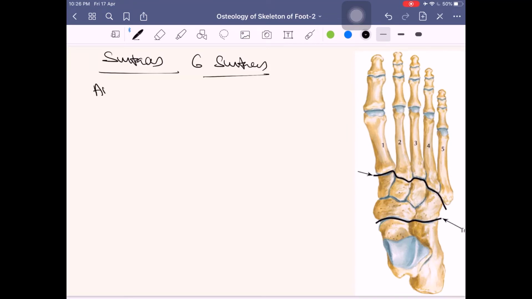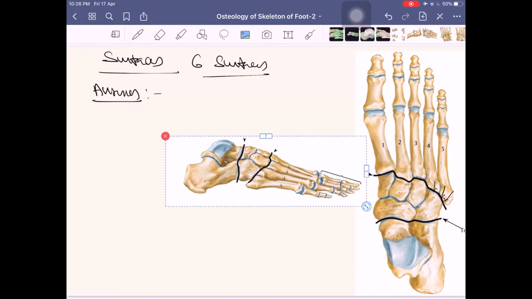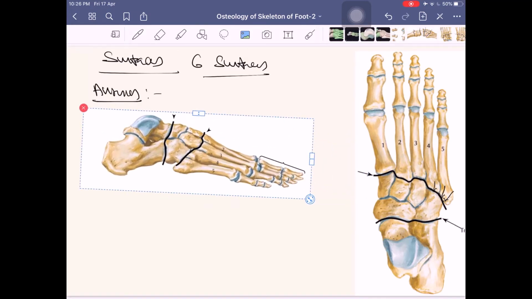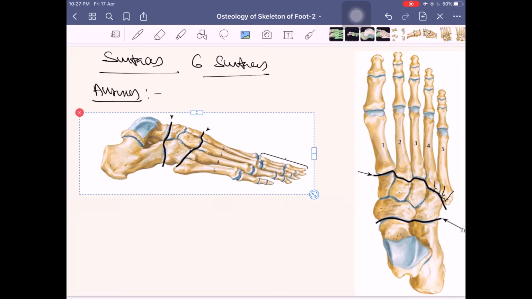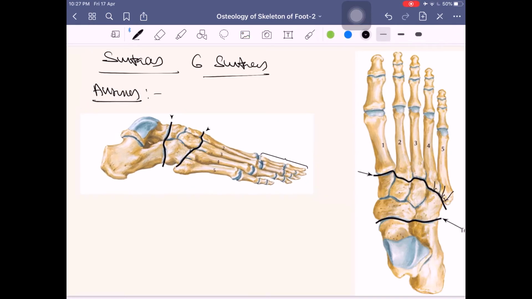So what are the surfaces we see? Again, surface is the same. Again, you have anterior surface. It is very simple. Now, anterior surface is the one which is distal. So this one will be your anterior surface. The anterior surface 1, and I'll take one more image here. So let us put this one also. So in this is the anterior surface,